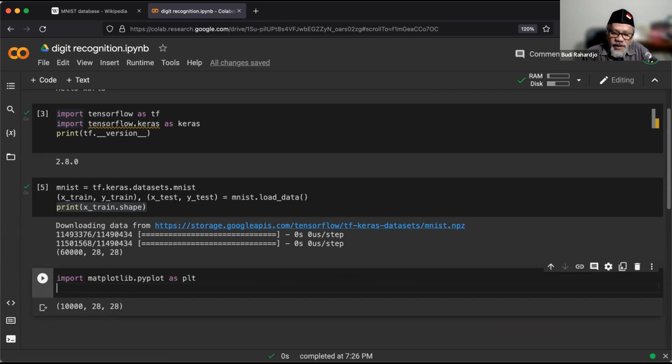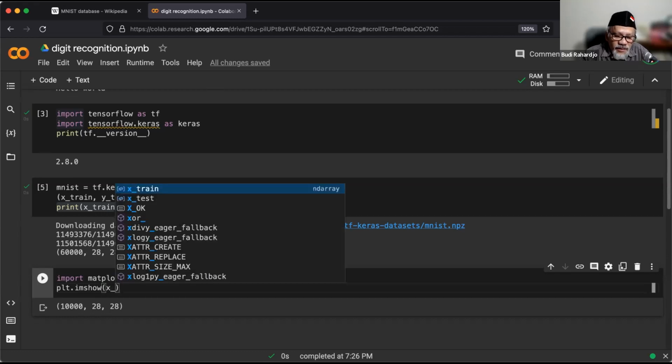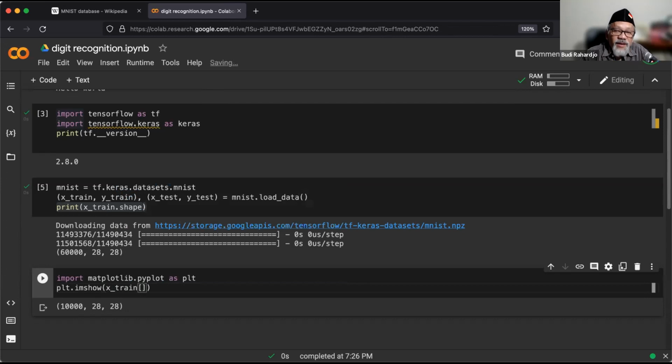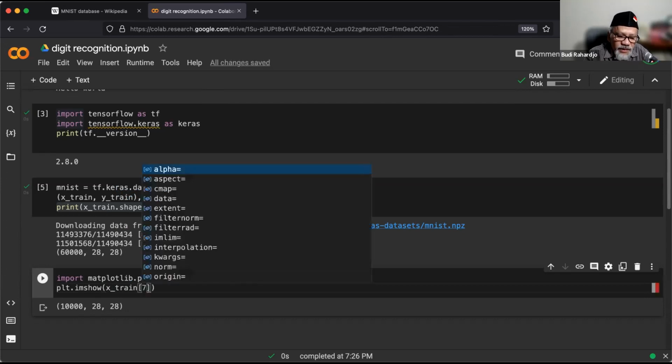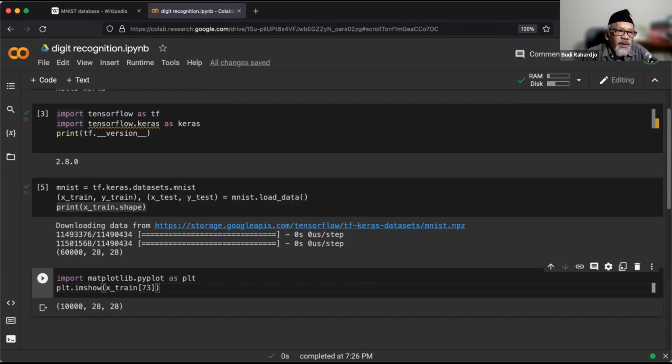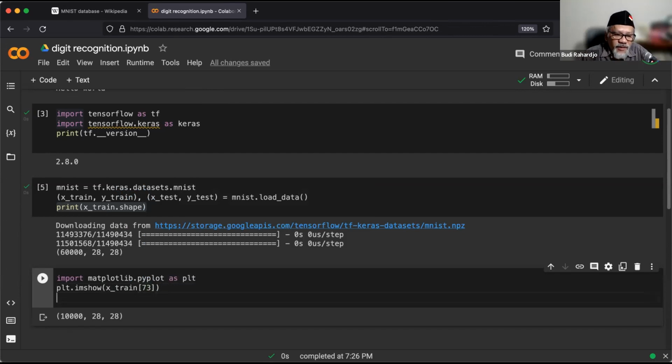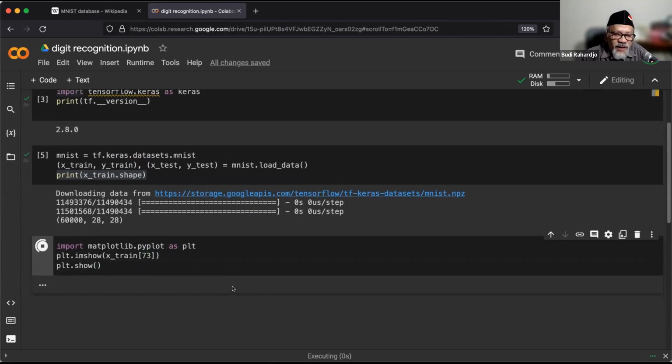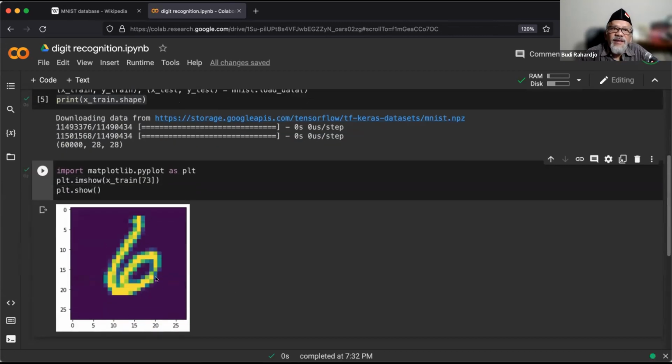Say I want to find the plt image show, imshow. Let's plot the training set number 73, say x train, an array, number 73 for example. I want to show it with plt show. Okay, let's do this. If I run this, it will show, okay, the dataset looks like this, 6.